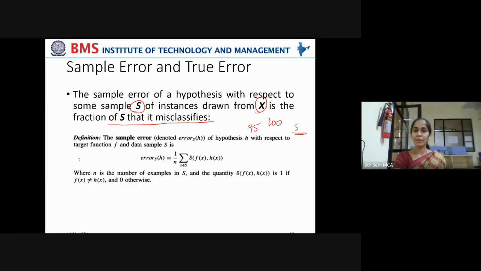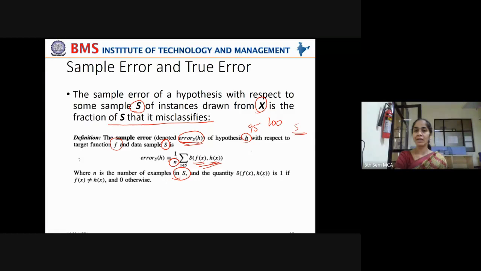The sample error, see the notation, you have to follow this hereafter. When I say error suffix S, H, I refer to sample error. The sample error denoted by error_S(h) of hypothesis h with respect to target function f and data sample S is defined as the average of all the differences between the target function and the hypothesis, where n is the number of samples in S, and the quantity delta